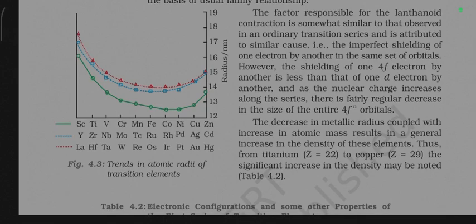The factor responsible for the lengthened contraction is somewhat similar to that observed in any ordinary transition series and is attributed to a similar cause: the imperfect shielding of one electron by another in the same set of orbitals. However, the shielding of one 4f electron by another is less than that of one d electron by another. And as the nuclear charge increases along the series, there is a fairly regular decrease in the size of the entire 4fn